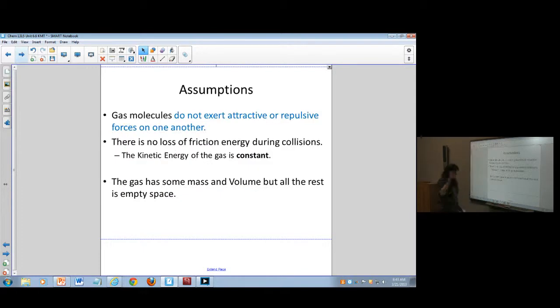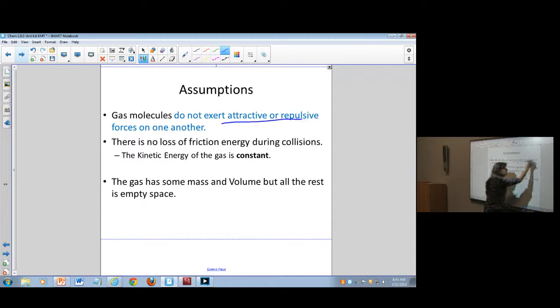And so we have to make a couple of assumptions here because this is all theory. What we're going to assume is that when the gas molecules are far apart, which they usually are, and even when they're close together, they don't have attractive or repulsive forces. So they're not going to react because they are running into each other, but they're not attracted when they're close together, nor are they repelled. We also are not going to lose any kinetic energy by the loss of friction. So when the collisions happen, we're keeping all the energy.